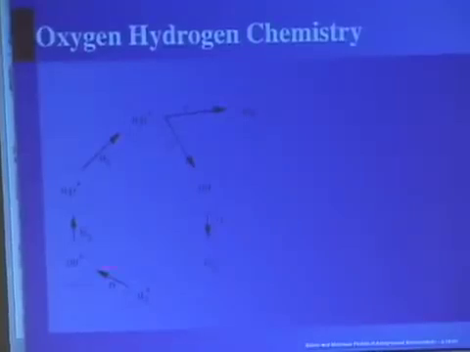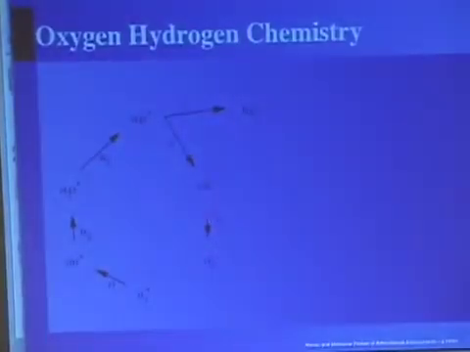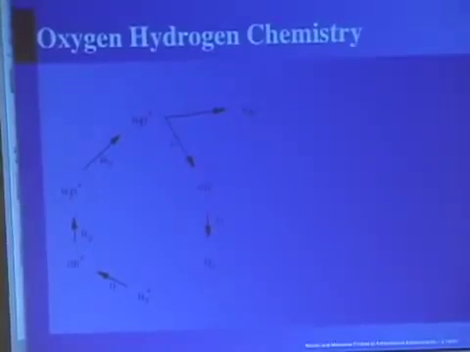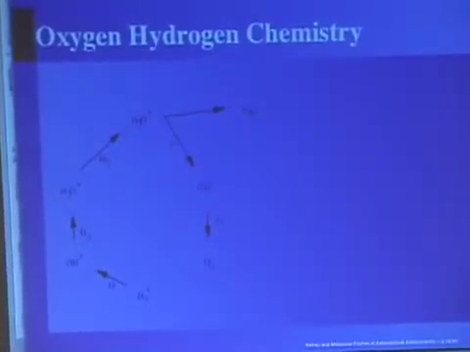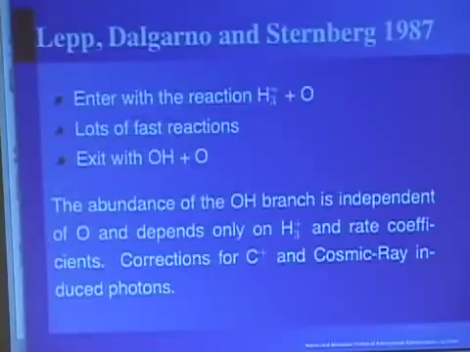And you can just figure out how much is coming into this, which is the density of oxygen, the density of H3 plus times that rate coefficient, with how much is going out of this, and relate the OH plus to the H3 plus abundance. There's corrections to this because, of course, it's never quite all that simple. In fact, sometimes C plus can be important in removing OH. And these cosmic ray induced photons can, in fact, change H2O plus into OH plus, H2O into OH. And so it becomes messier.